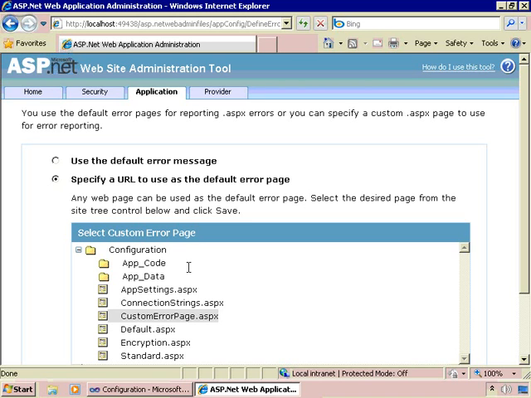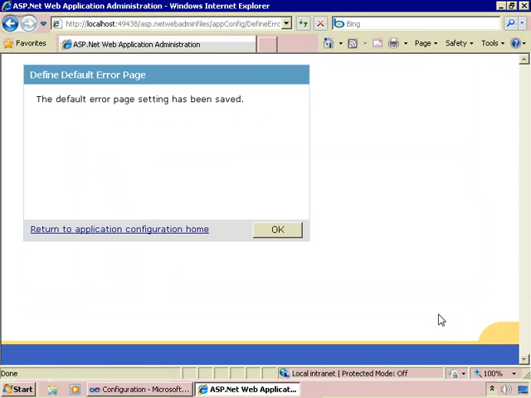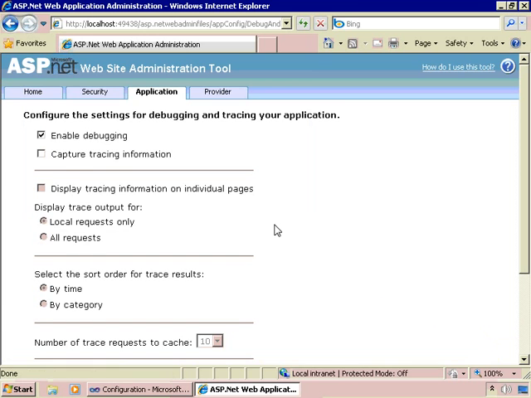Notice that when I selected the specify URL to use as the default error page, it posted back and made that change immediately to the web.config. But to save the change to specify the custom error page.aspx file, I need to click on the Save button. So I'll go ahead and do that, and I get the message saying that the default error message setting has been saved. I'll click on OK. Now I'll go back to Visual Studio,